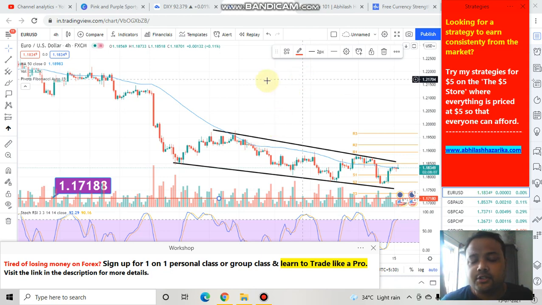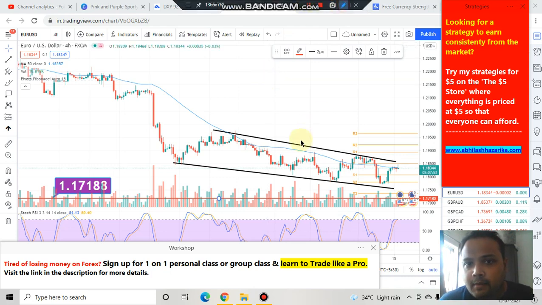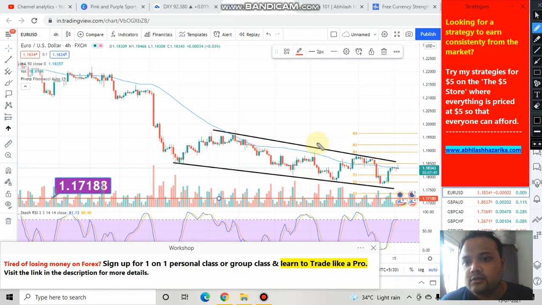So this is the 4 hour chart of Euro USD in front of us right now. And as we can clearly see on the chart, Euro USD has the tendency of going towards the downside, because it is clearly visible that the market is going towards the downside. See, Euro USD is trading in a channel and the channel is pointing towards the downside because